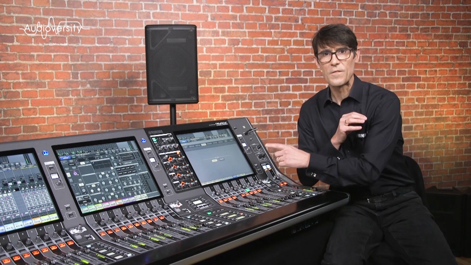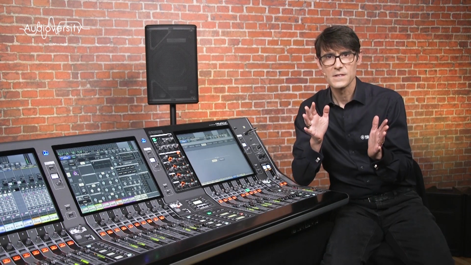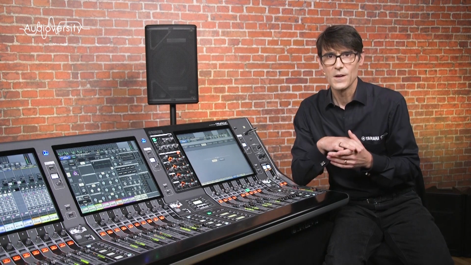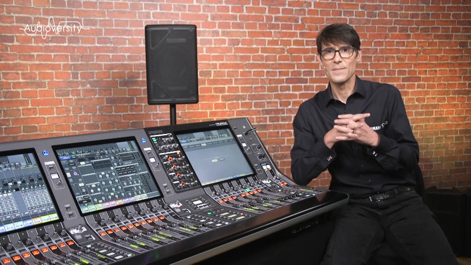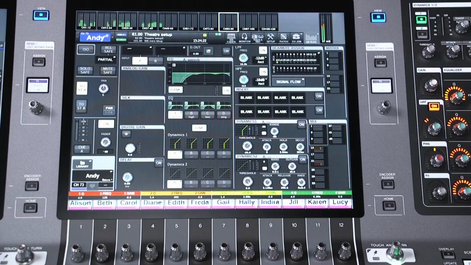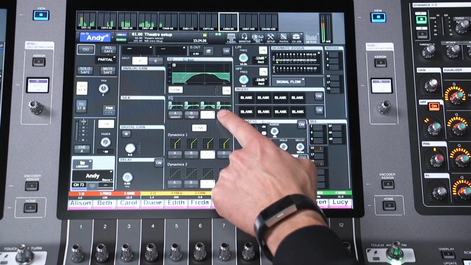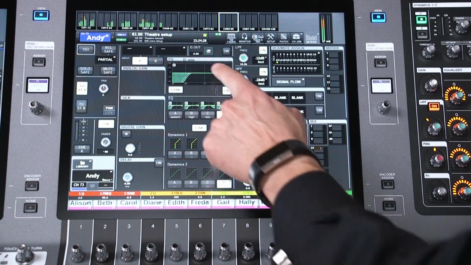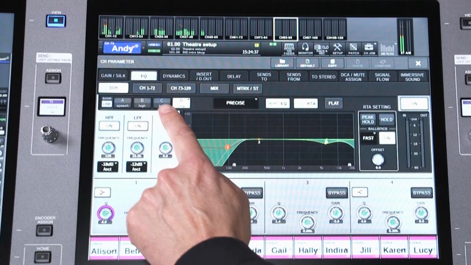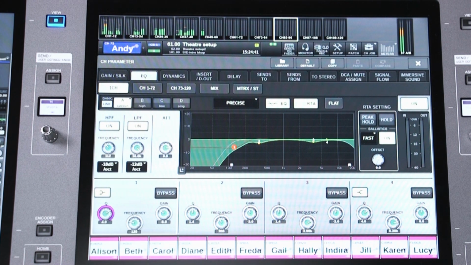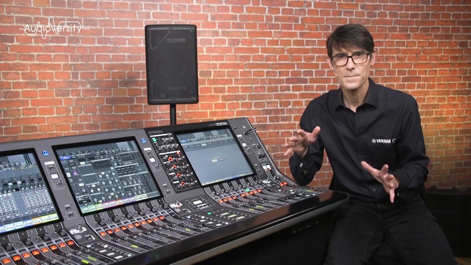Theatre mode will provide a number of benefits. Firstly, it includes an actor library, where each performer's name can be stored with 4 different EQ curves, Dynamics 1 and Dynamics 2 settings. The idea is that each actor may be required to play multiple roles, each role requiring different settings.